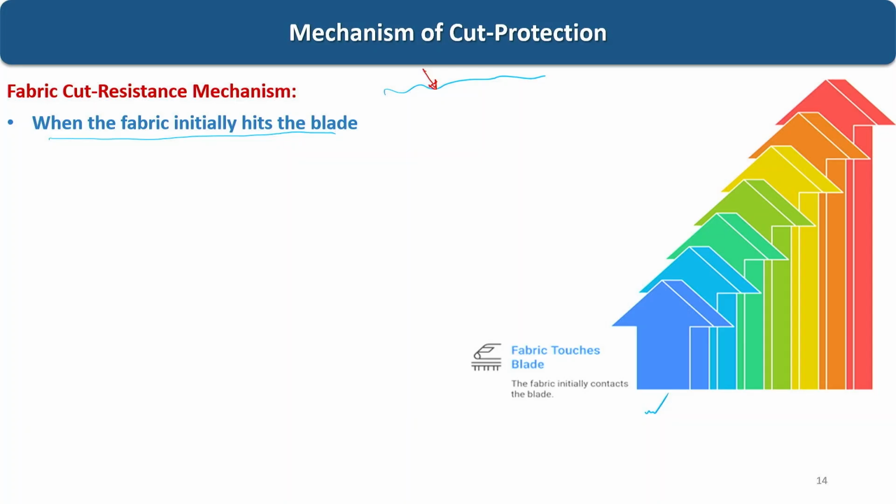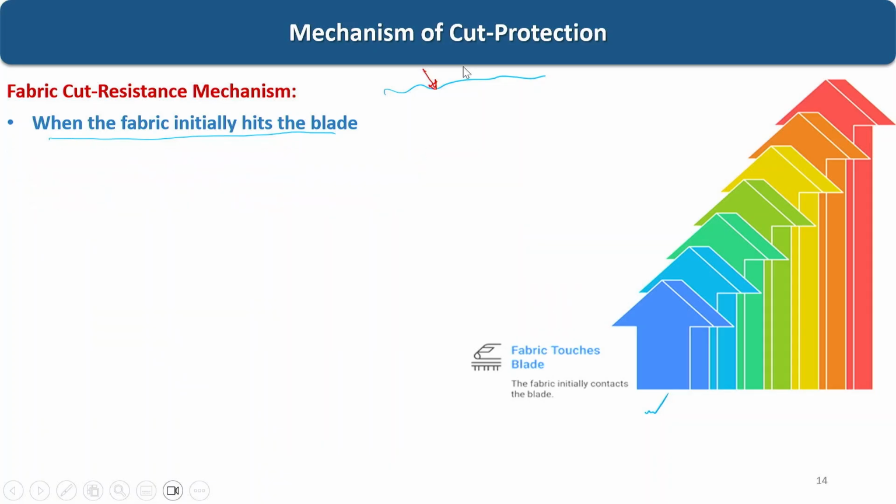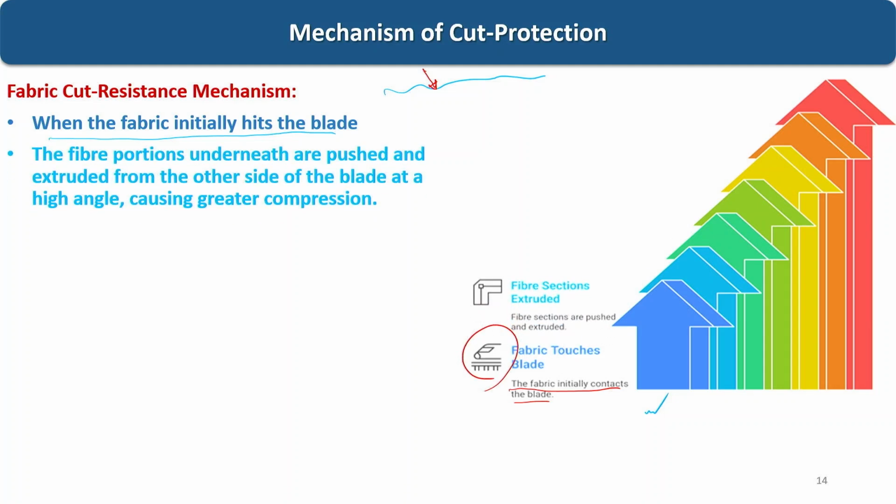What happens there? The fabric is initially in contact with the blade, first stage, that means it will start applying the force. First it is in contact with the fabric, next stage will be